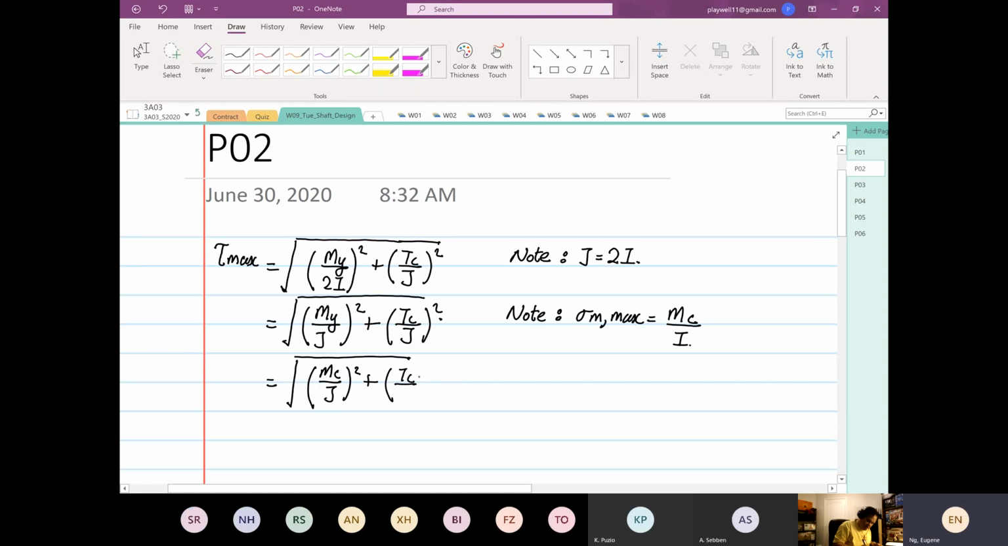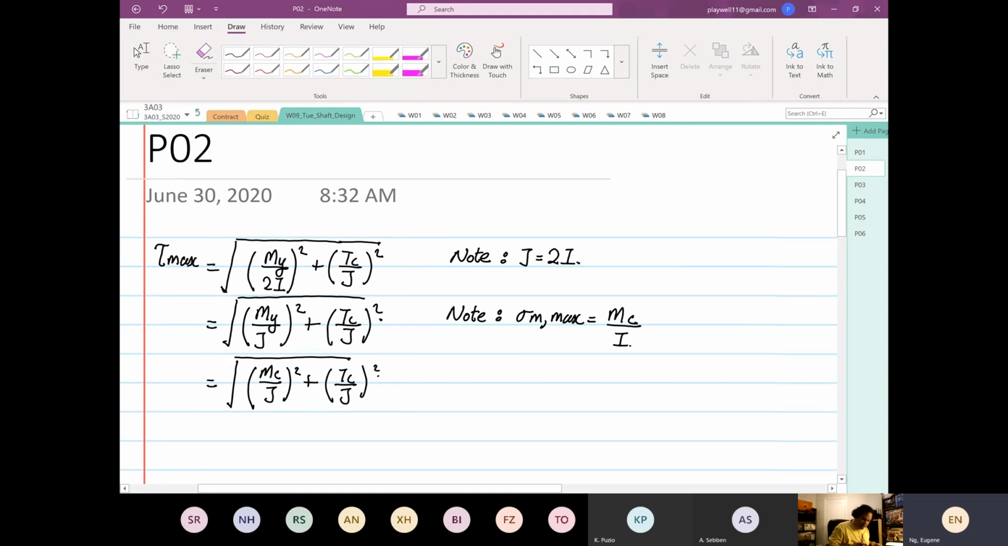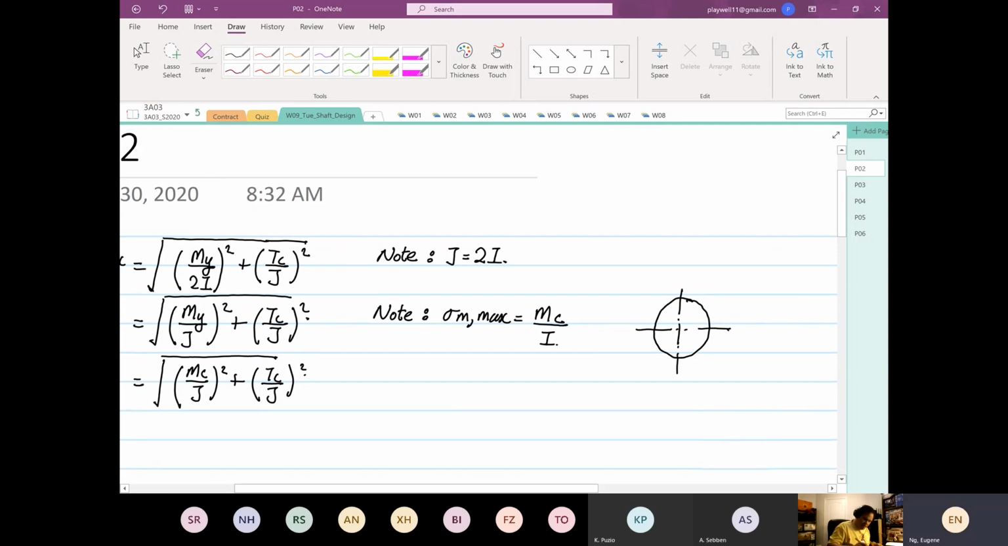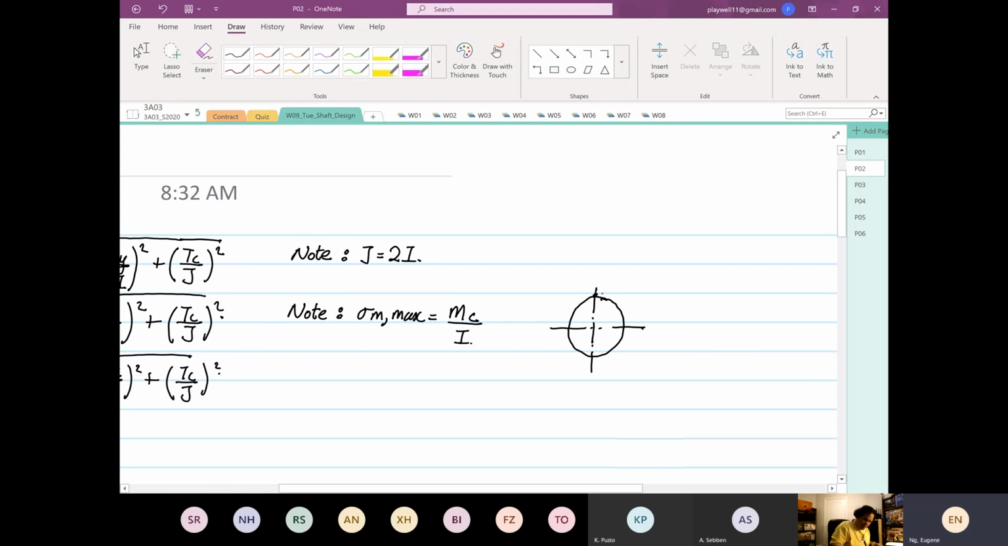So why is this the case? If we have a shaft down here, and we know that over here our moment is acting in this direction, then we know that the distance from here